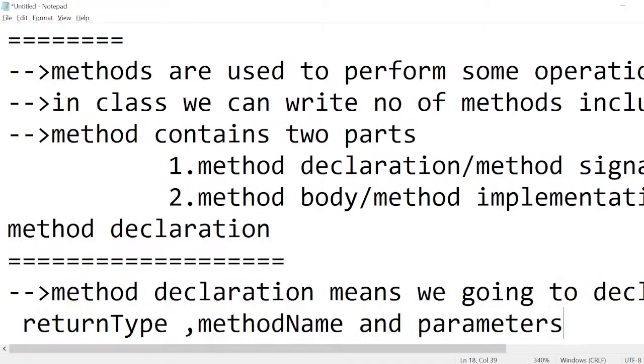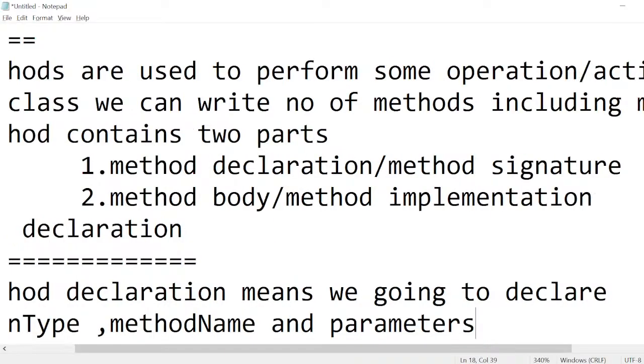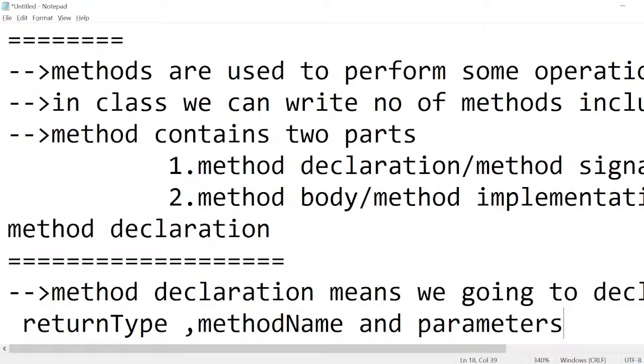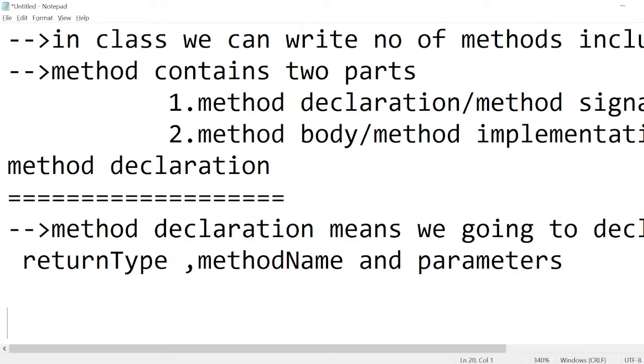Parameters. Are you guys clear with my statements? We are going to declare return type, method name, and parameters. What is the syntax for declaring the method declaration? Return type and method name,